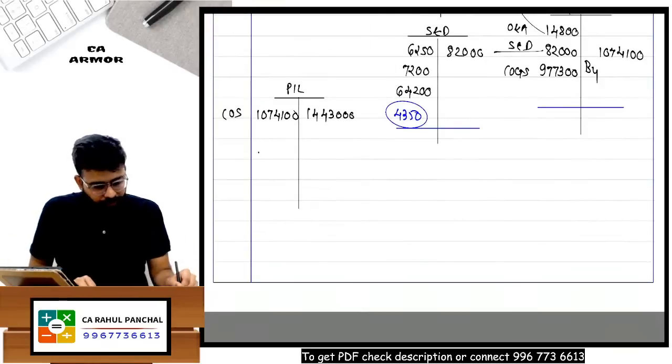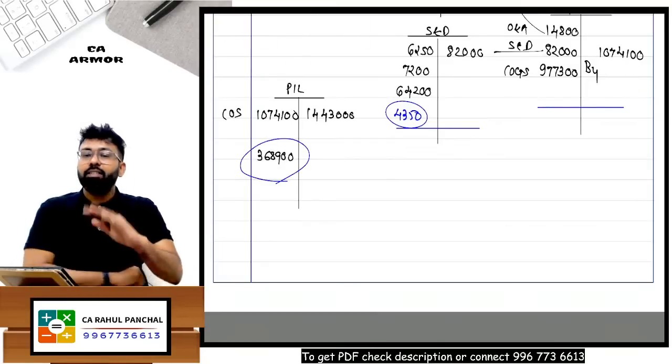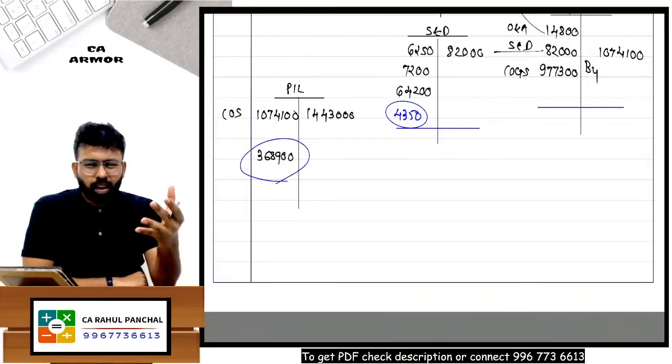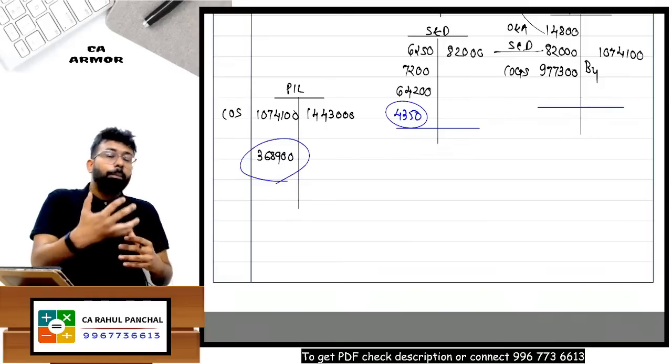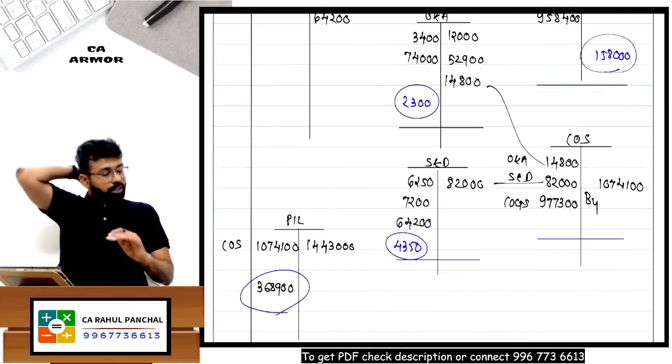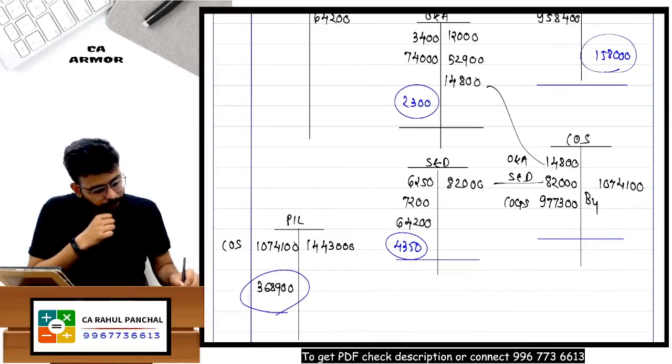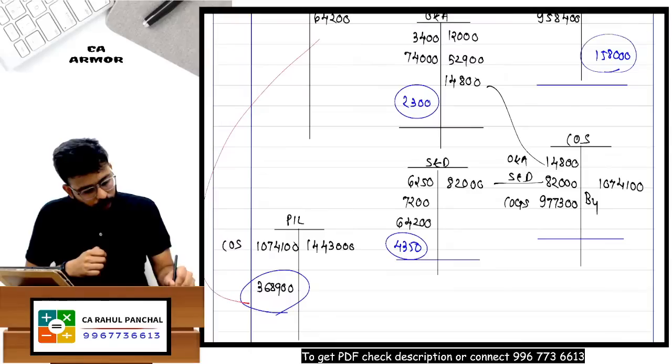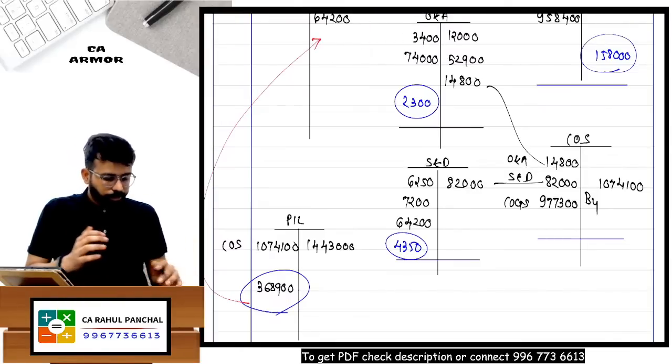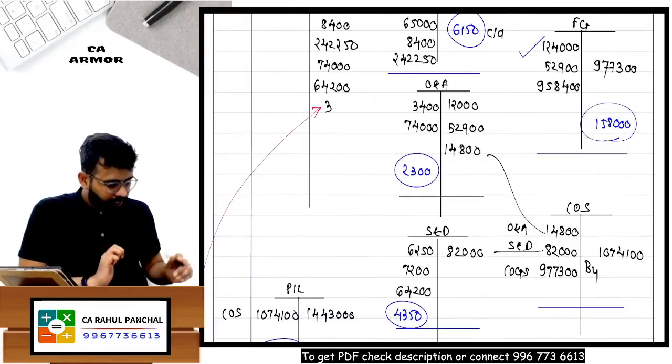So whatever is your profit, let us say it is this. This is profit. Sir, this profit, where will you transfer? Sir, do you prepare reserve account? No, you don't have that reserve account, right? So to complete the double entry, it will be transferred to the CLA account. Do not forget this. Many students forget this. So you have to transfer this here on the opposite side, which is